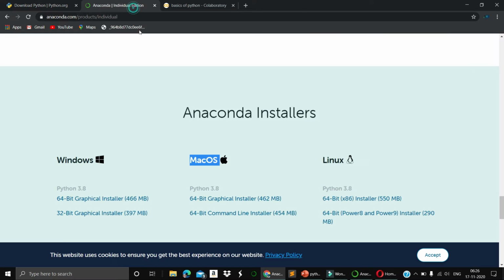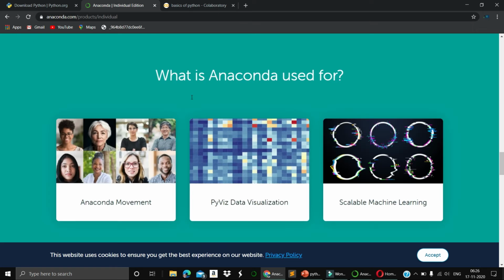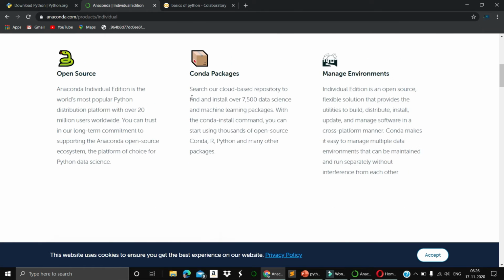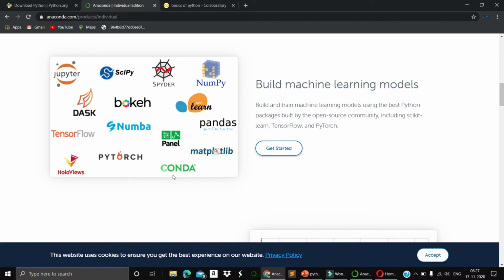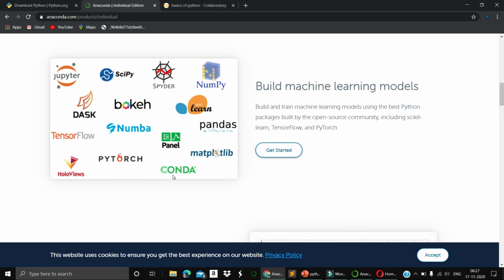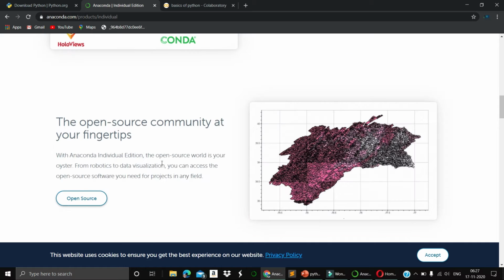Okay, next, another thing we have is Anaconda Python. When you have Anaconda Python, you will get so many libraries, like JupyterLab, SciPy, Spyder, NumPy, TensorFlow, Pandas, Matplotlib, Conda. These are the various libraries in Python itself.